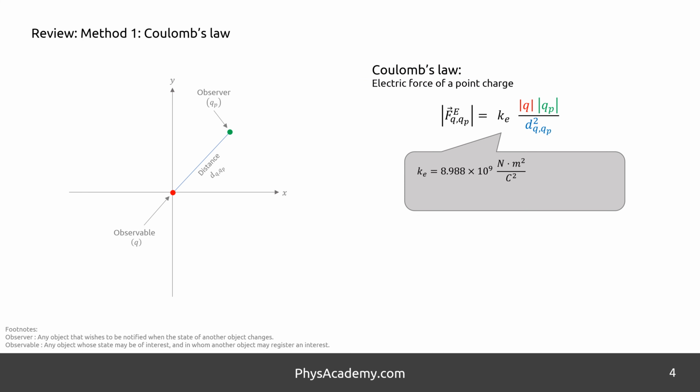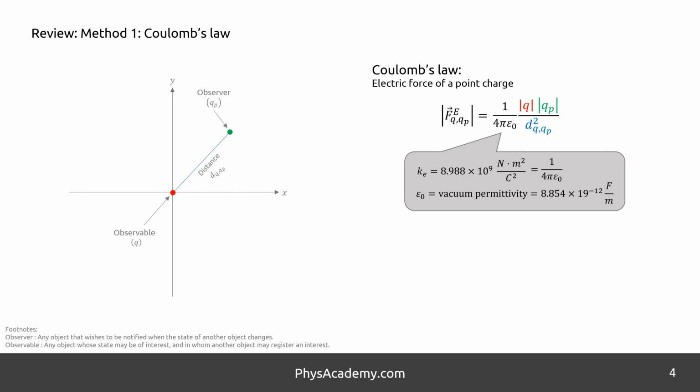Here, Ke is Coulomb's constant, and it is equal to 8.988 times 10 to the power of 9, and its unit is newtons times squared meters per coulomb squared. But under the hood, Coulomb's constant comes from the inverse of 4 pi times epsilon naught. In the context of algebra-based physics, we won't need to dive deeper into what epsilon naught is. For now, let's call it vacuum permittivity, which equals 8.854 times 10 to the power of negative 12 farads per